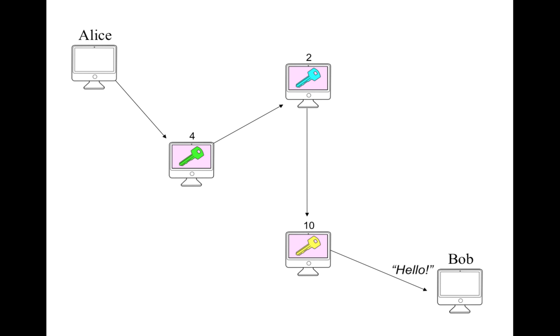This is a very roundabout way of communicating the data. However, it helps keep Alice anonymous, since node 4 has no idea whether Alice is just another node on the network, and node 10 has no idea whether Bob is just another node on the network which it is sending data to. If we look at the link between node 10 and Bob, we can see that this link is still insecure, and anyone who is listening in can see that someone sent hello to Bob.